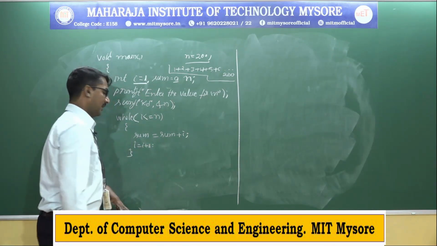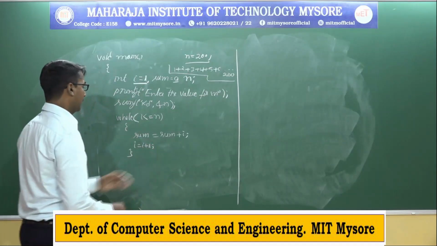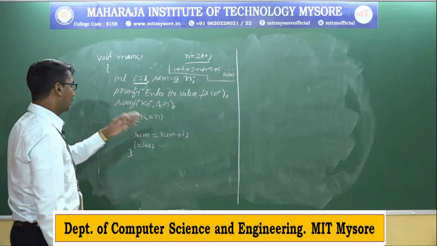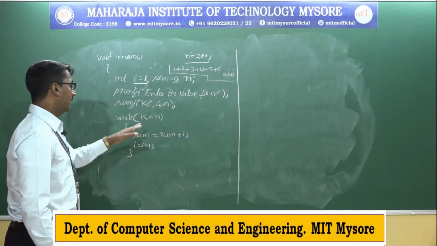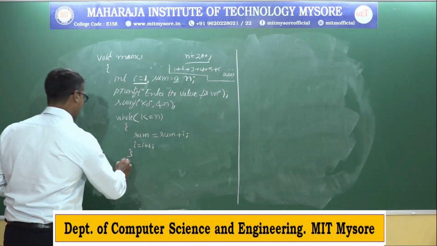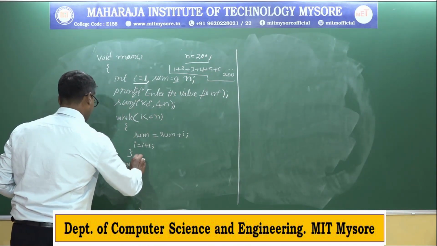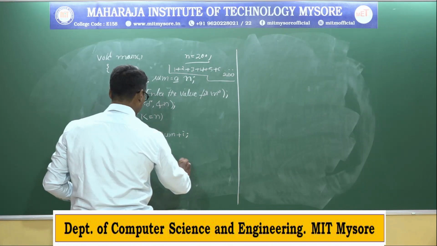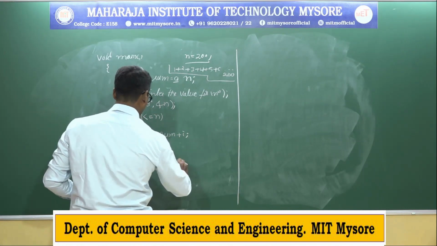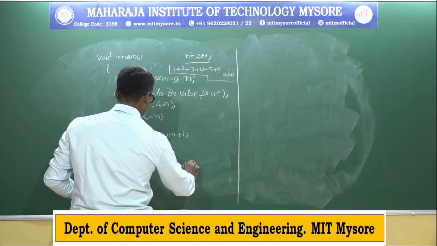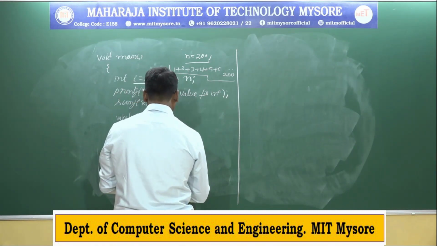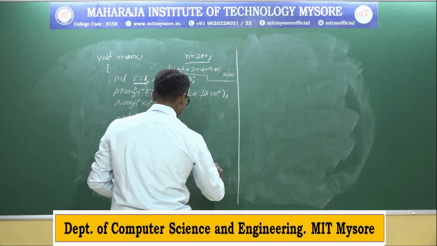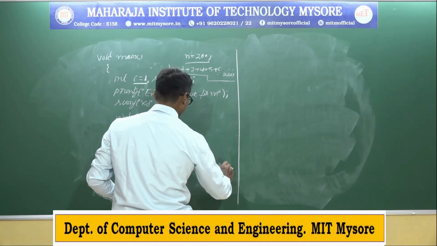Next, close bracket. This loop will iterate till the value of I becomes 201. Next, I'll print the value. Printf sum of numbers is equal to percentage d slash n, then sum,